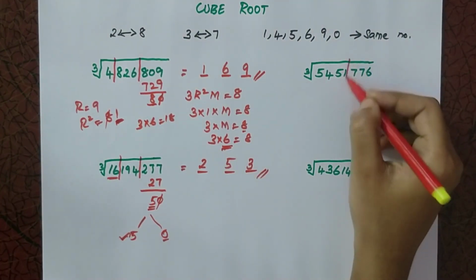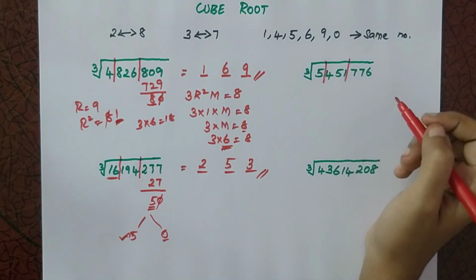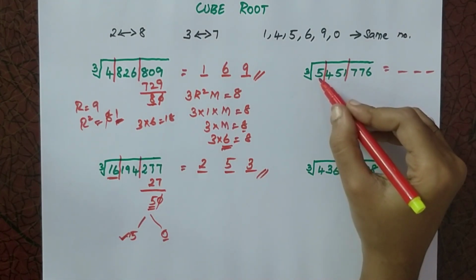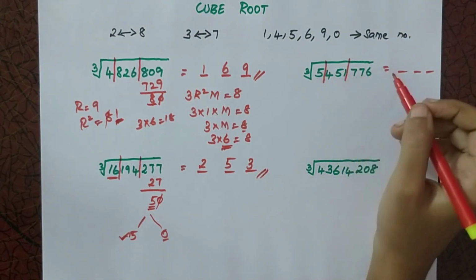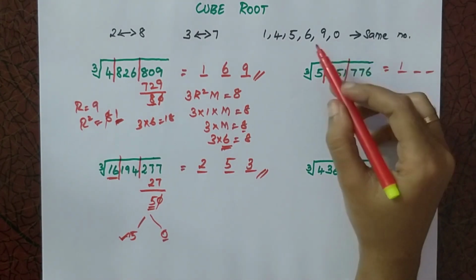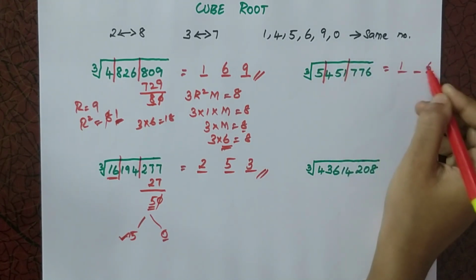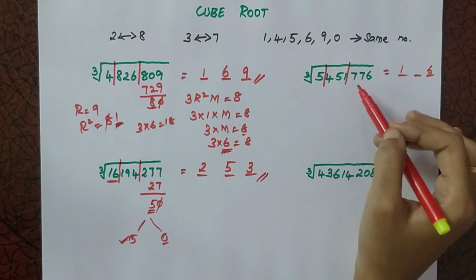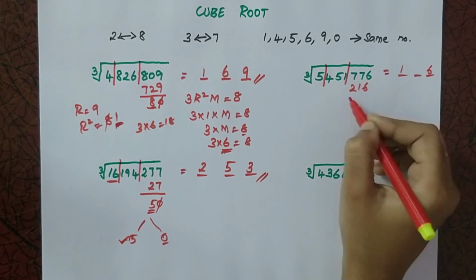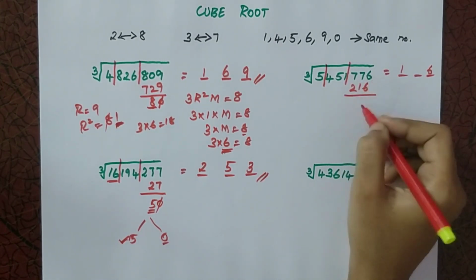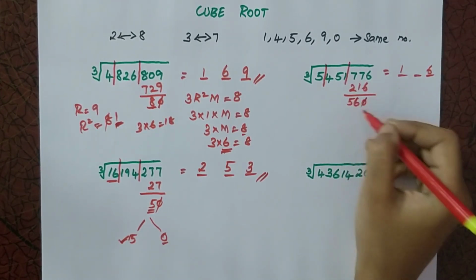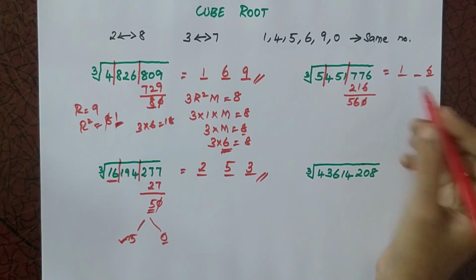Now let's solve this example. Same, I am splitting it into 3 digits and then you will get a 3 digit answer. The first digit is 5, so the cube of 2 is 8, so I am just considering 1 here. And the last digit is 6, so if it is 6, your answer also has the same digit, 6 here. Now we have to find the difference between the number and the cube of 6. The cube of 6 is 216. So you will get 560. You can ignore this 0 here.